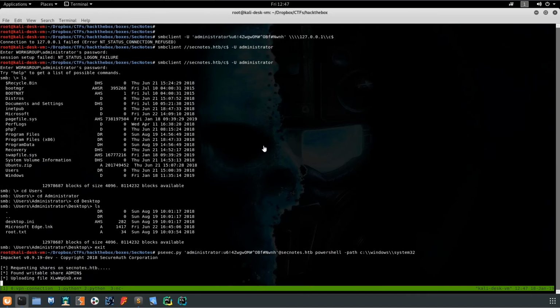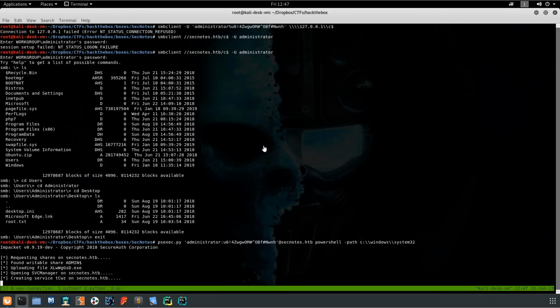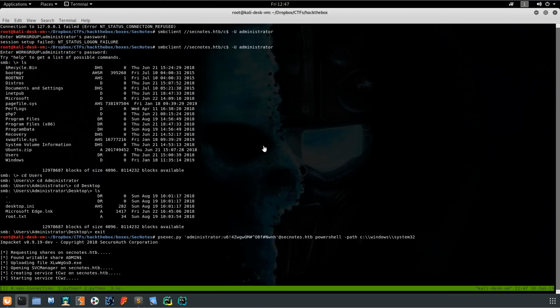So it found a writable share, admin. It uploaded that file I was talking about, the service. Opened the service manager, it's creating its service, and then it's starting its service like we talked about, and it should use a named pipe to send the command PowerShell. If it all works, here in just a second it should pop open a PowerShell window. If it fails, we can use cmd because I know that works. I've just never tried PowerShell through this. It should work in theory, but